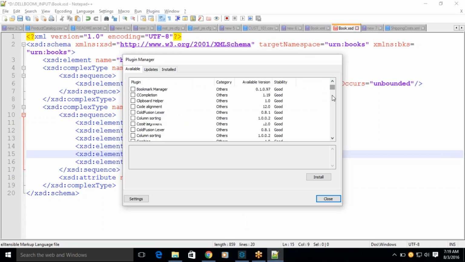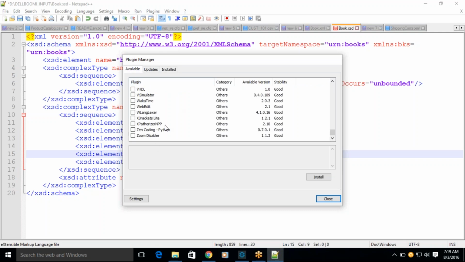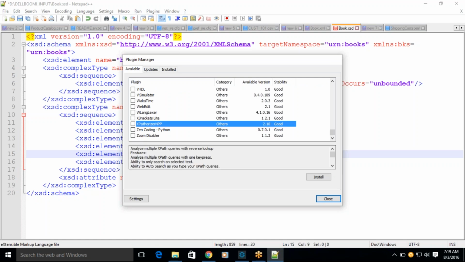And you just go back, come down completely, you can see XML Tools. Because I already installed it here, it will be shown under installed. You can see XML Tools, click on that. Let's say I want to install, this is the one. Click on this checkbox, click on install. It will just take a minute to download and it will reopen your